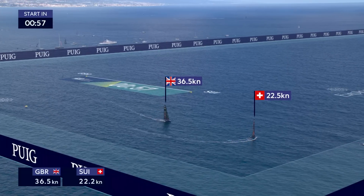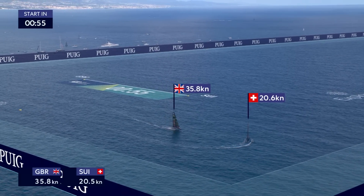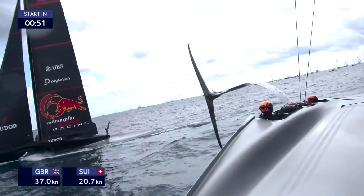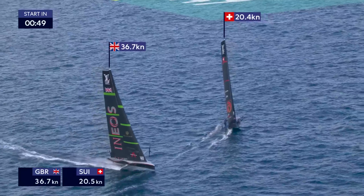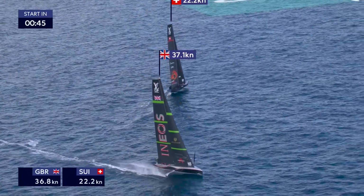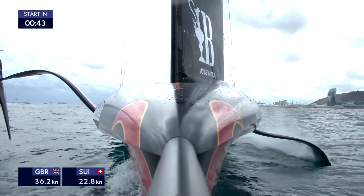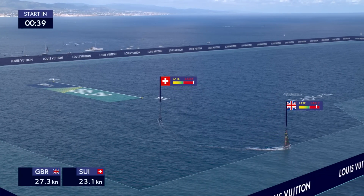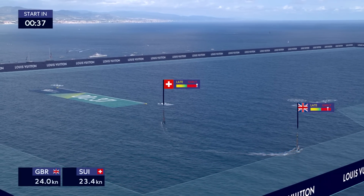Going down, they are not attacking. They are not attacking. 10, killing 10 and racing behind now. Got the Swiss team quite early here, yeah, very early. A lot of time to kill there. 6. Light breeze, also only seeing 8 knots in the start box. They are attacking behind us. They're killing a lot of time, the Swiss, so